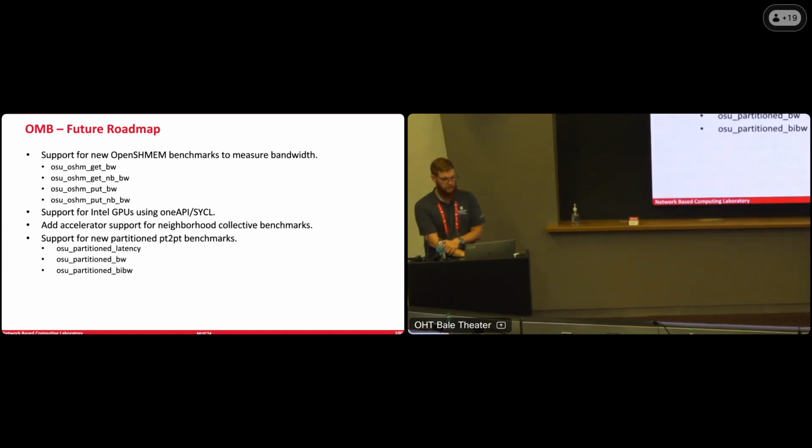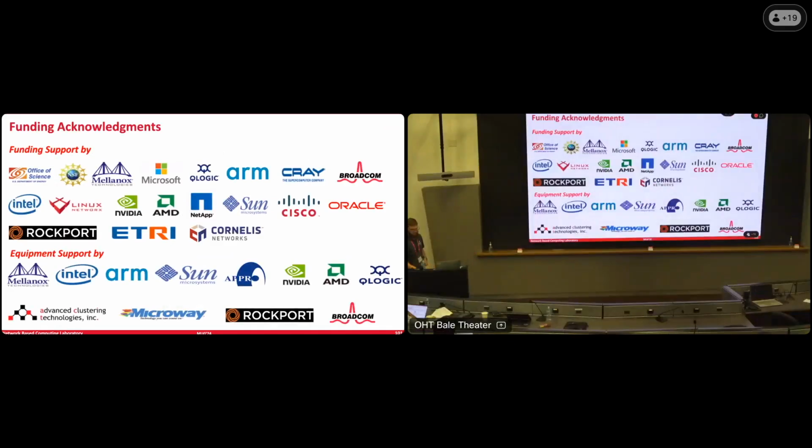Future plans for OMB include adding new OpenSHMEM benchmarks for bandwidth, so you can compare OpenSHMEM performance to MPI performance in point-to-point operations, adding Intel GPU support through Intel oneAPI and SYCL, so that we can test Intel GPUs just like we do with AMD and NVIDIA, adding accelerator support, so GPU support for neighborhood collectives, and adding partitioned point-to-point benchmarks to measure potential overlap capability when using partitioned point-to-point operations. I think that's all the